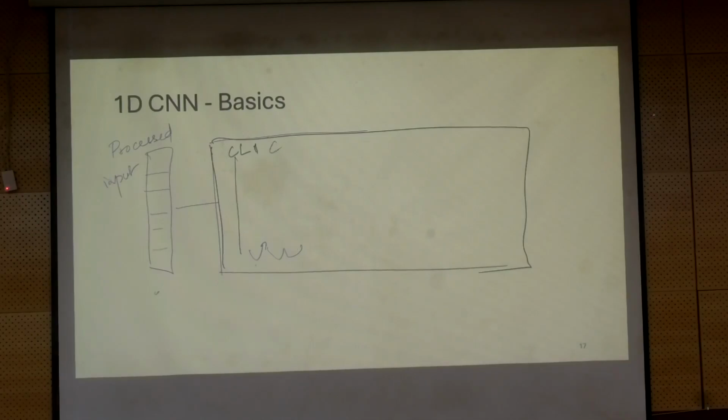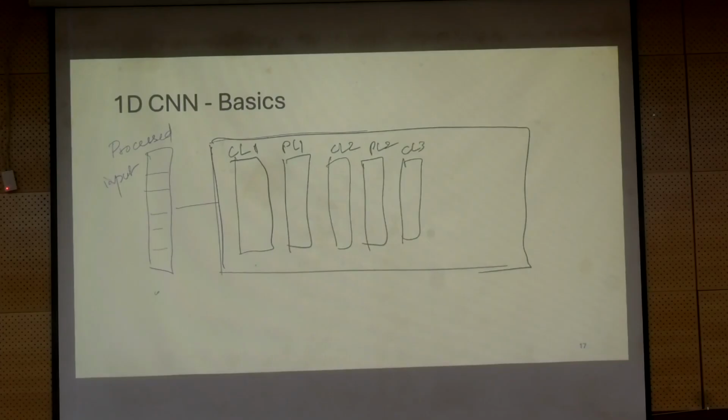What is more common is you will have CL and PL. That way the feature vector size would have diminished. The next CL would take a lower size vector, and the next PL will further reduce it. The next CL will take the further reduced output of the PL, like that. And this will go on until you have the right length for your feature vector for your fully connected ANN layer.